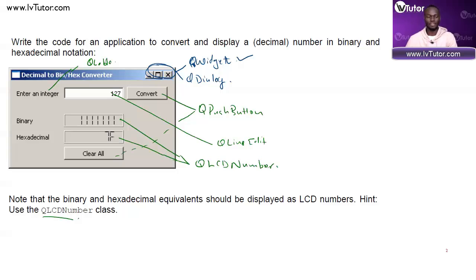That's the name of the class. What else do we need? That's all we need for us to create this user interface. Okay, we have identified all the components or all the widgets that we need to create this user interface. The next step is, okay, how do we arrange them